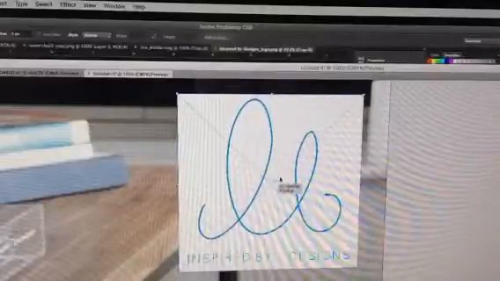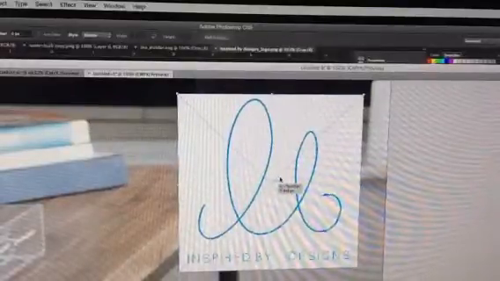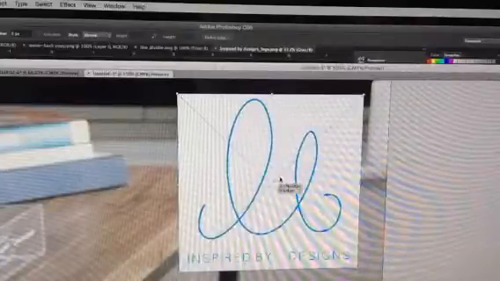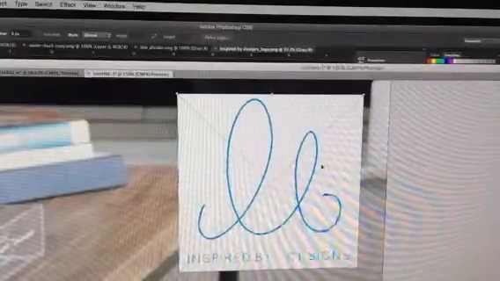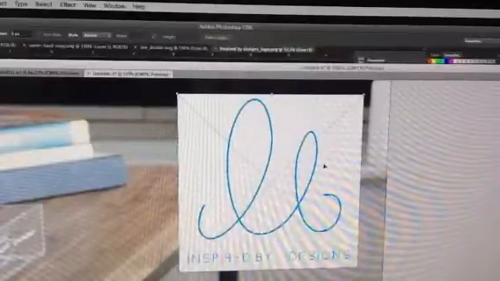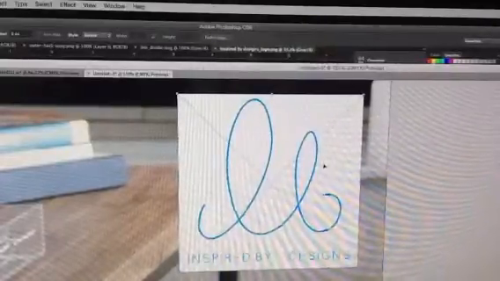So anywhere that's black or gray, it's basically like a tint. If it's gray, it's going to be a lighter blue, you know? Whatever this would be 100%, the blue would be 100%. So you can change the color. Isn't that cool? I don't remember when I learned this, but it was a while ago, and I use it